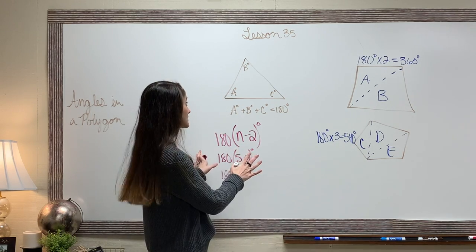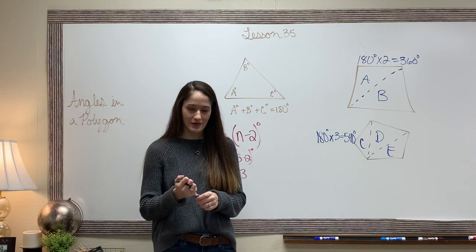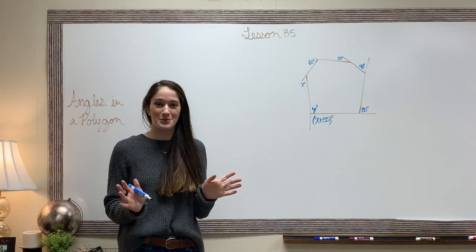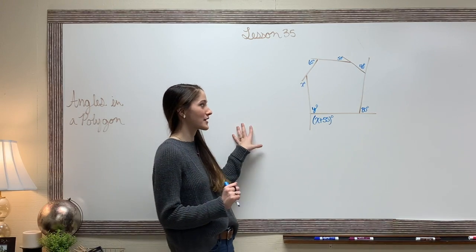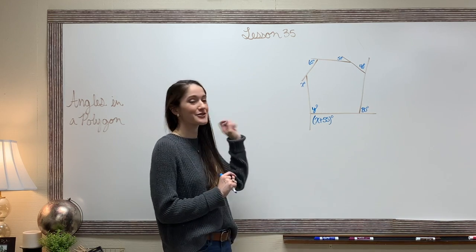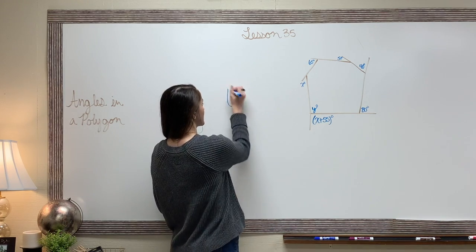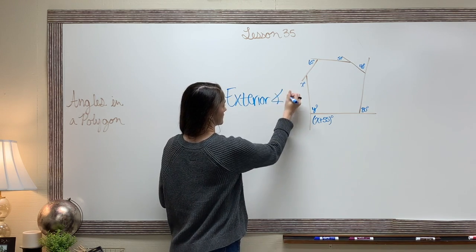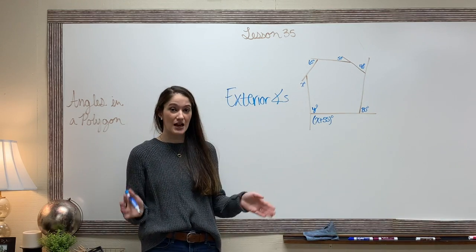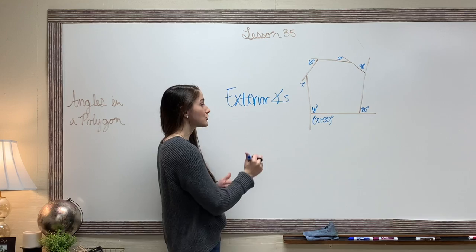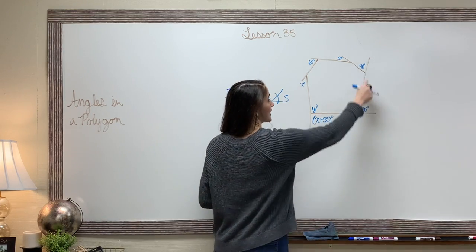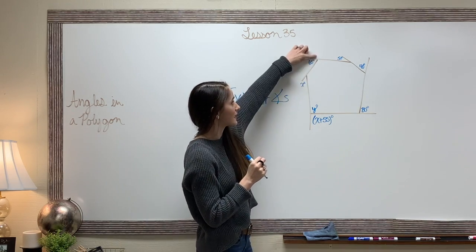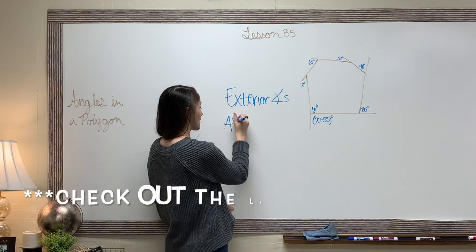This is going to be a concept that's going to help us later in math. So let's go ahead and do a practice problem. The practice problem they give us for this concept is actually not about what I just instructed. It was the other part of this lesson, and that is dealing with the exterior angles. It doesn't matter how many sides we have in this polygon. The total of our exterior angles, which is all of the angles outside of the shape, imagining that they were still continuing in a straight line like they are here, will always, always, always